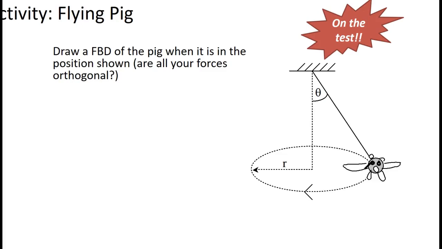Alright, so we're going to be looking at when pigs fly. So this is like a conical pendulum. You will see something like this on the test, and so it's pretty good to see how it works out as it is. Now this can work either if the pendulum is down like this, or it could be,